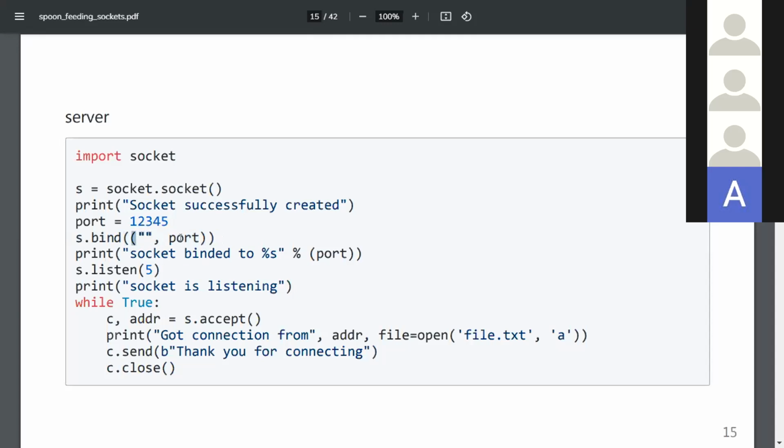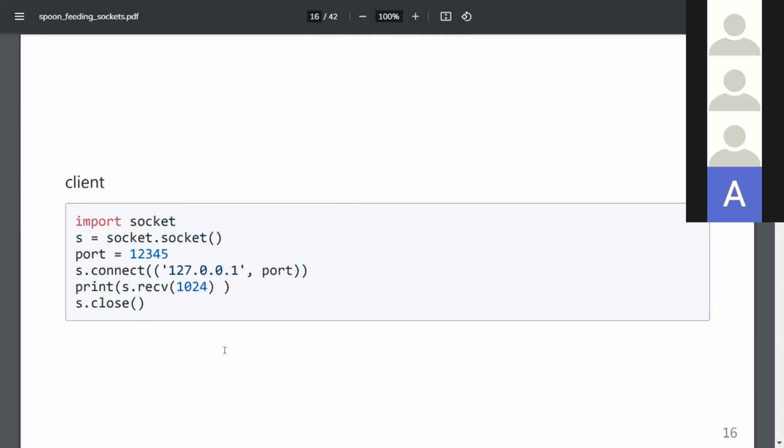Normally, when we don't put anything, it will listen on your whole network, so other machines on the network can reach it. Then you listen for a maximum of 5 connections, and when a connection comes, you accept. Another client comes, you accept. And that's a bit how a somewhat basic server looks.